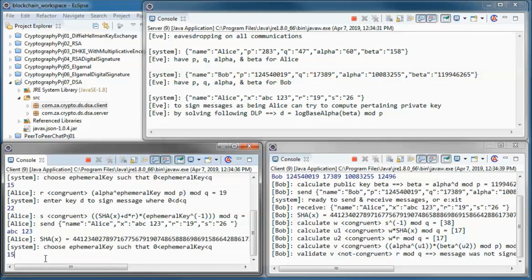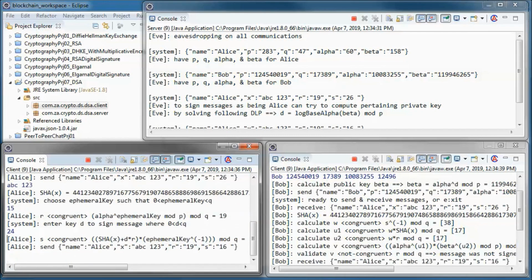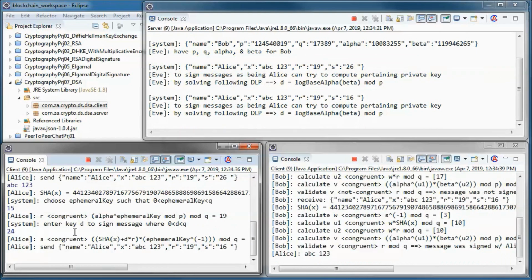So we'll use the same ephemeral key, and this time we'll use her private key. So she does the same thing.